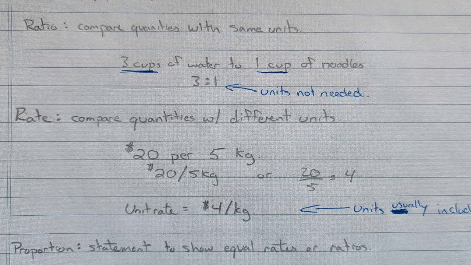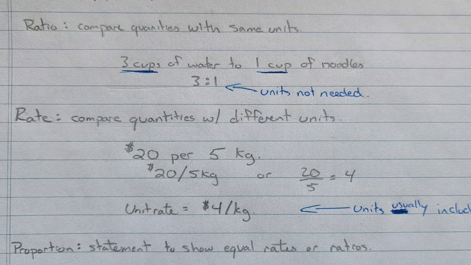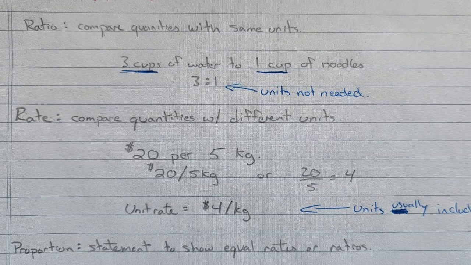So we'll start with a quick review of some of the key terms from this section. Ratios, rates, and proportion are the key areas. Previously we looked at ratios. Ratios are comparing quantities of things with the same units. And so when we're comparing things with the same units, we want to ensure that